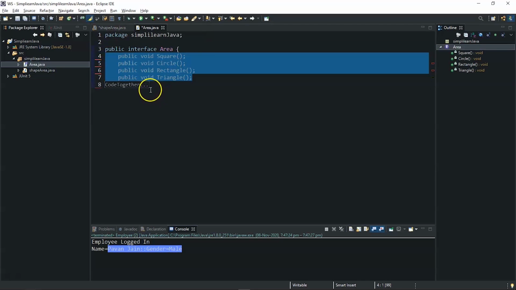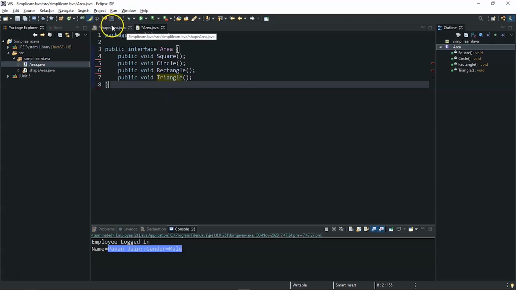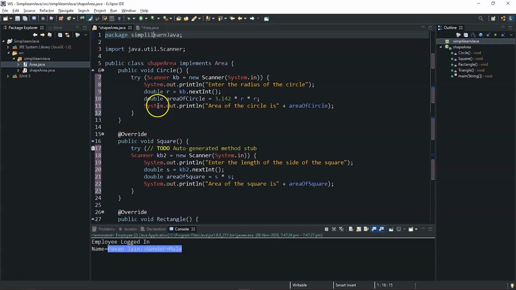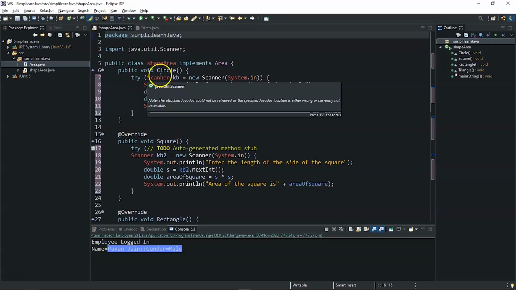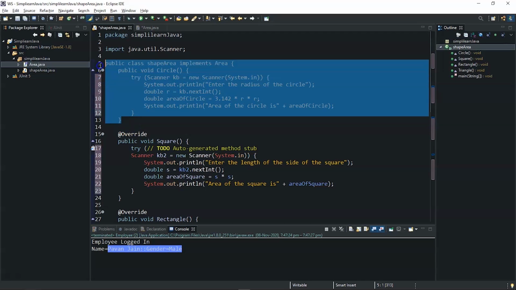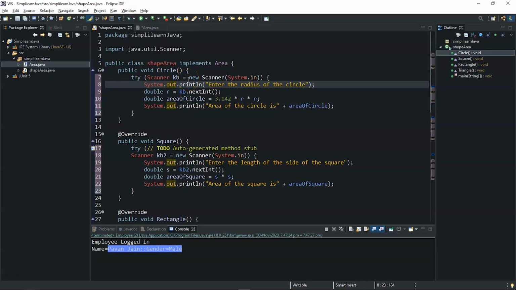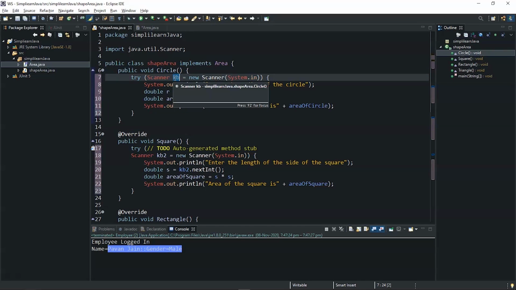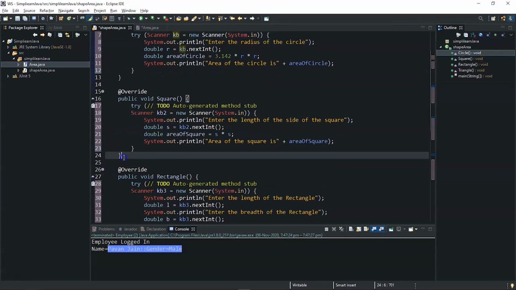Yes, so here we are avoiding the user from the complex implementation of the code. The complex implementation of this particular code is inside the shape area class. You can see for the first one, which is the circle, we have the code implementation over here. We will take the input of the radius from the user. We have the scanner class over here which will read the input, and similarly we have the implementation for